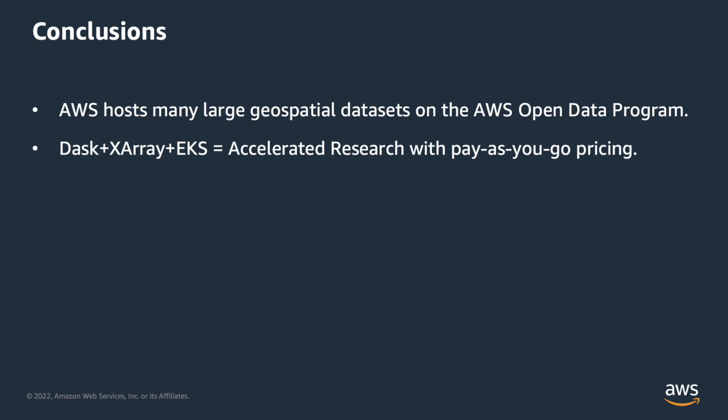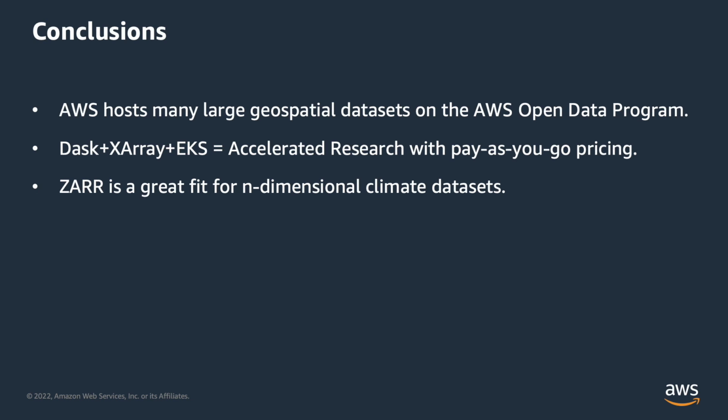your research questions and calculations completed quickly, but it also scales back in to save on costs because you only pay for what you use on the cloud. Third, Zarr is an n-dimensional cloud streamable file format ideally suited for large n-dimensional climate datasets, and you can find examples of Zarr datasets on the AWS Open Data Program, along with example blogs and notebooks to help you get